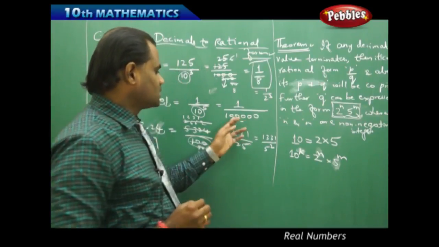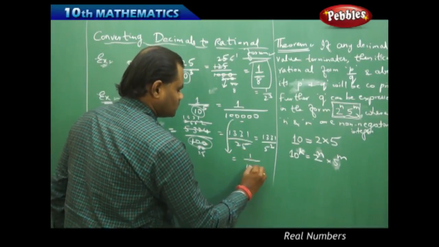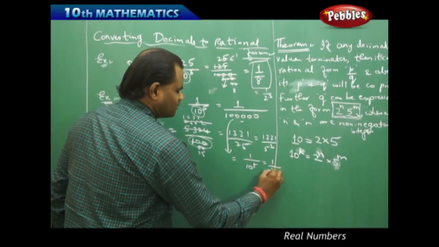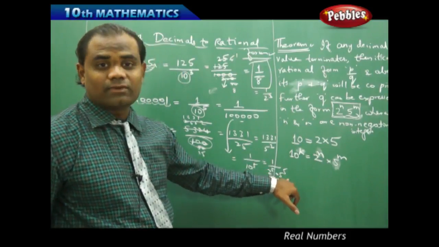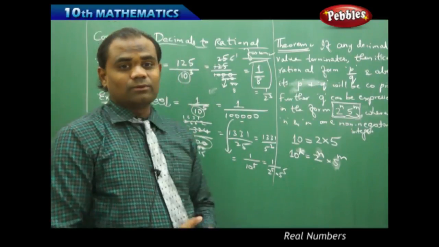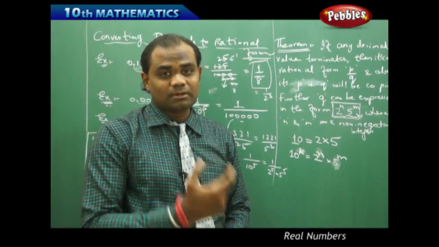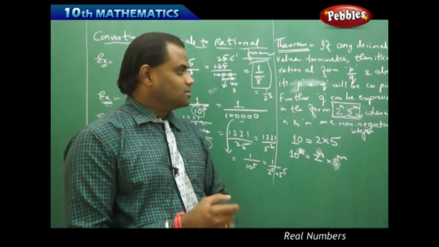Similarly, this can be written as 1 by 10 power 5, that is 2 power 5 into 5 power 5, and then m is 5 and n is 5. So every terminating decimal value which is expressed in its most simplified answer in rational form will have its denominator in